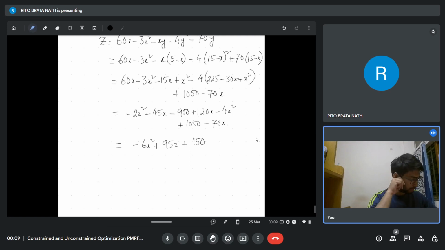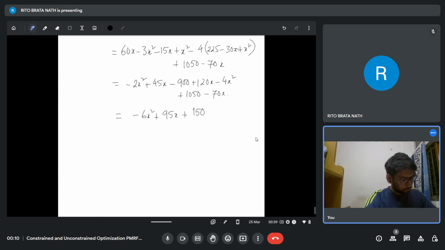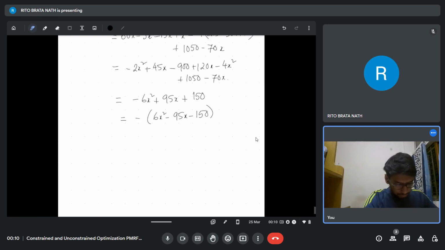So this is the expression that you have: minus 6x squared plus 95x plus 150. So now, by the method of substitution, this problem is equivalent to minimizing 6x squared minus 95x